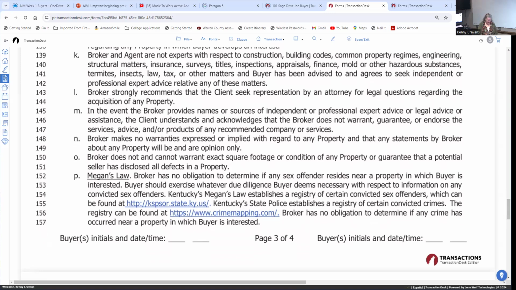Let me start back on 153. Buyer should exercise whatever due diligence buyer deems necessary with respect to information on convicted sex offenders. Kentucky Megan's Law establishes a registry of certain convicted sex offenders in which they can be found at Kentucky State